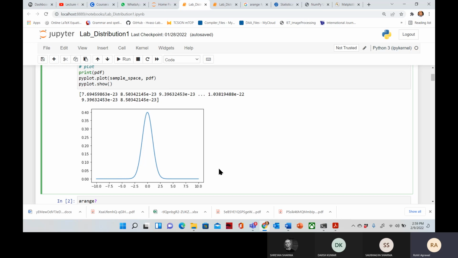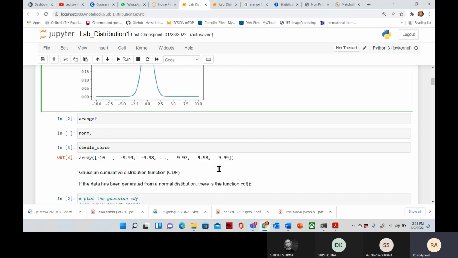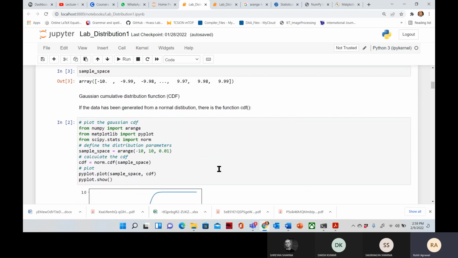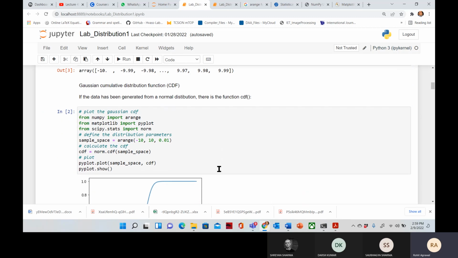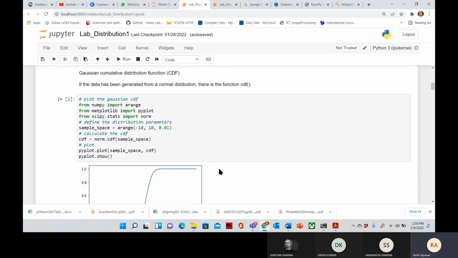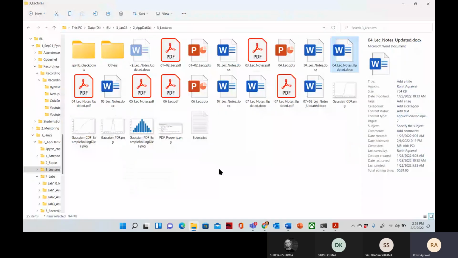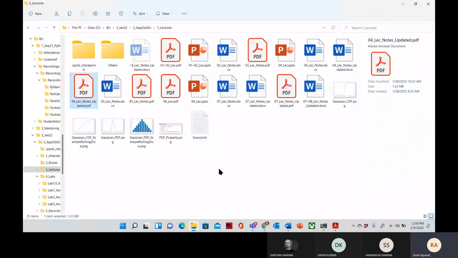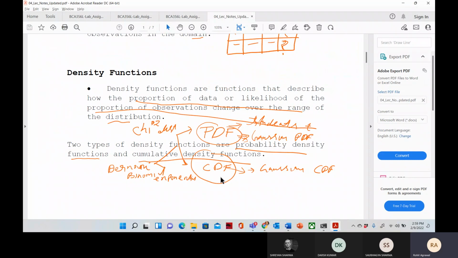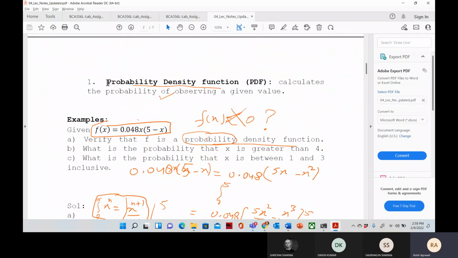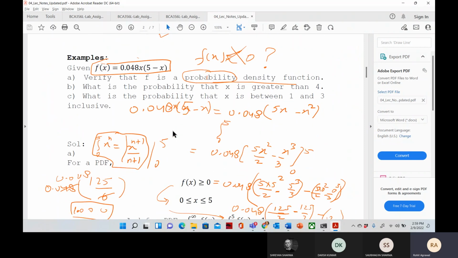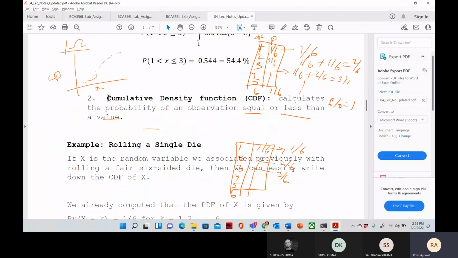Actually I have a lot of things to discuss with you. I have linear programming programs also. Let's see what we can finish today. Okay. So next, if you remember from our topics, was the cumulative distribution. I think I have closed my notes. Just a minute. Yeah. The probability density function was the first one, and the second one was the cumulative density function. So now the second is the cumulative density function.